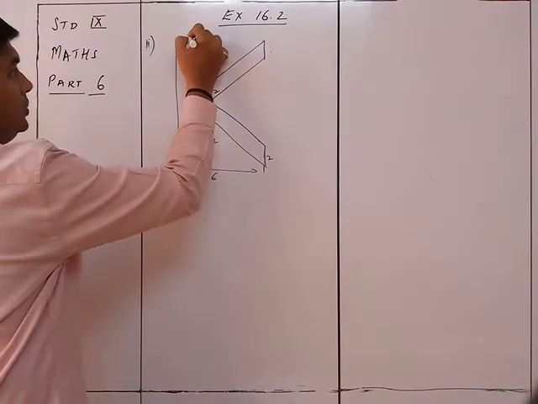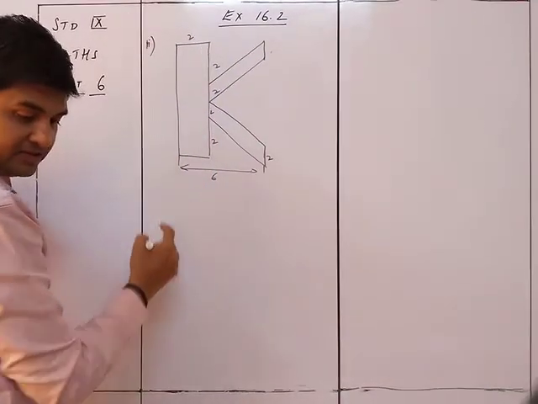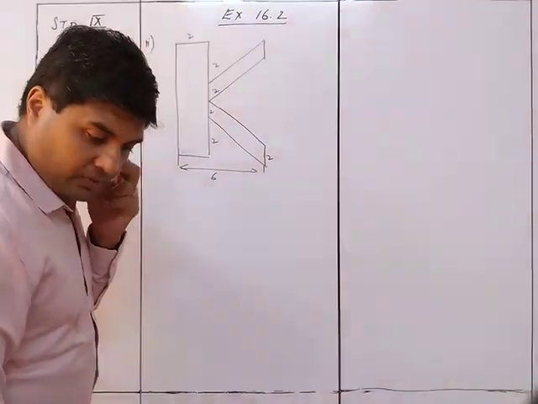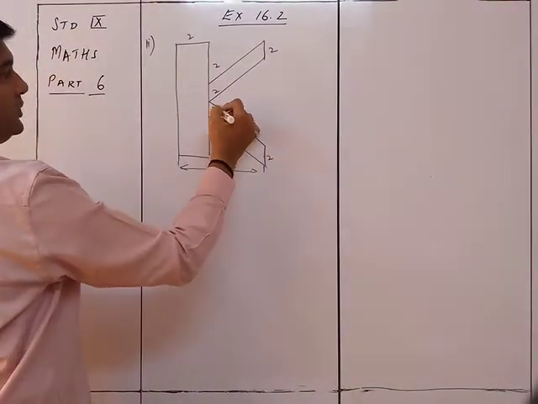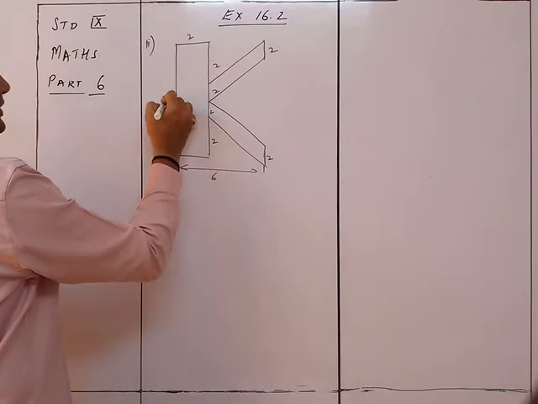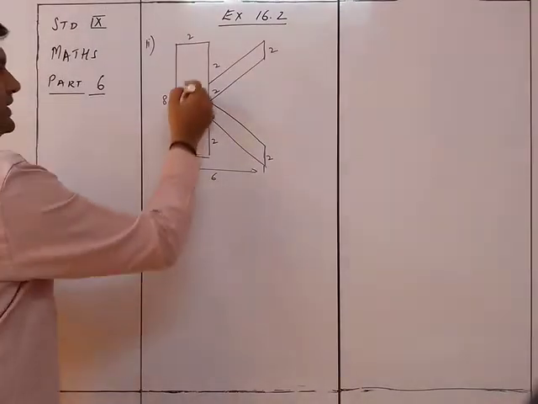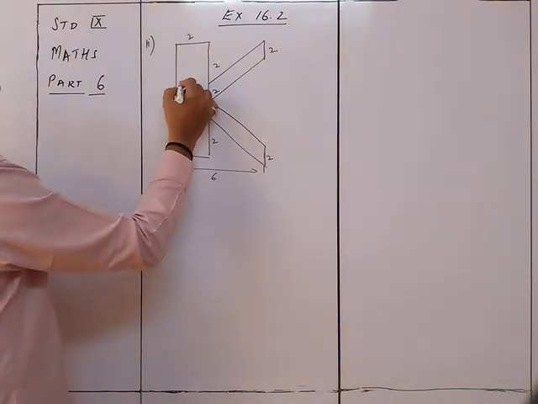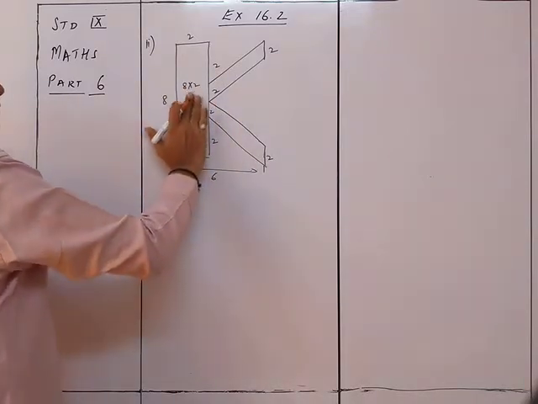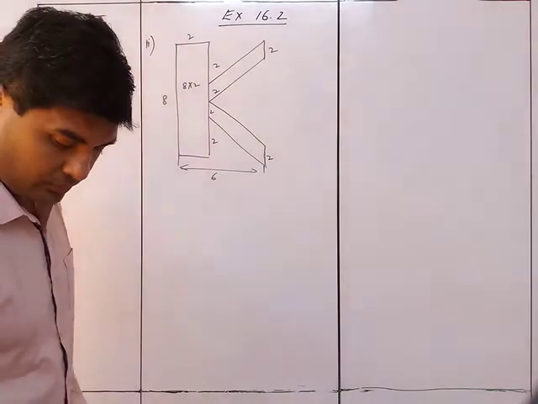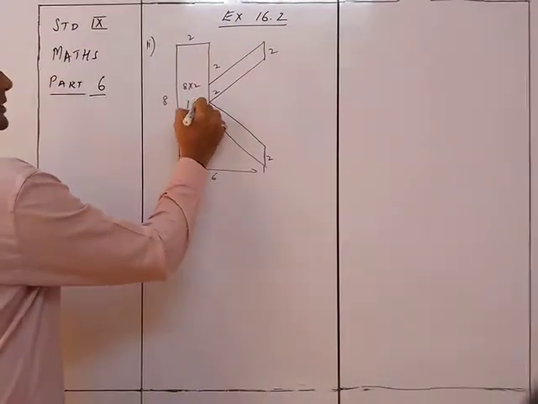And this is 2. And this complete thing is again 6. It's a complete enclosed figure. So here it is 2 and here also is 2. So this complete thing is 8. So we know that this one over here is a rectangle of 8 into 2 is equals to 16. So this is 16, right?